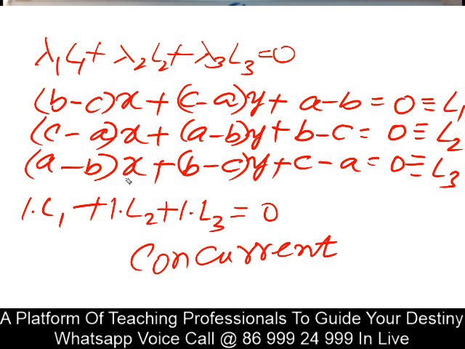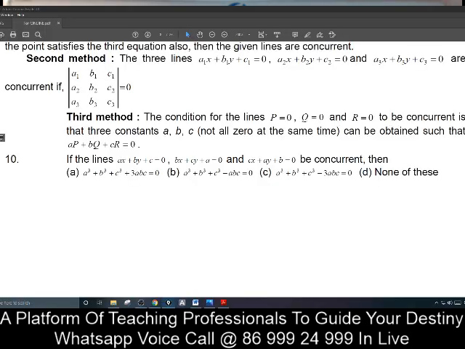B minus C, minus A, minus B. I gave the equations such that their sum becomes 0. And hence, for this type of problems, you can close your eyes and say straight away that they are concurrent lines. Okay. Now,